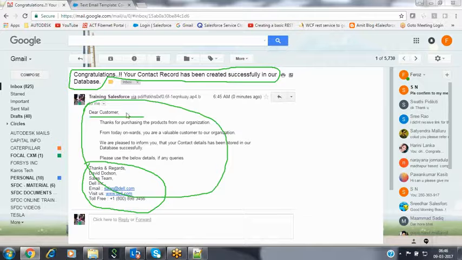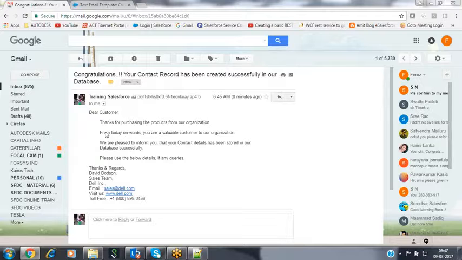Now in this kind of scenario, this is the subject and the content we are going to share with the people. If we have created multiple contacts, the same subject and the same content will be forwarded. Even if you are sending the email notification to 1,000 people, the same subject and same content will be forwarded. But I don't want to make it standard. I want to make it dynamic.